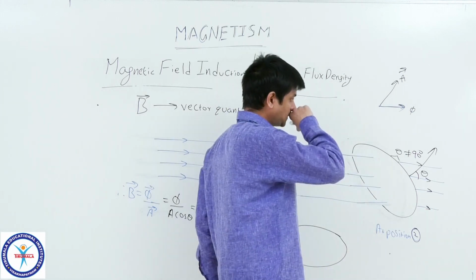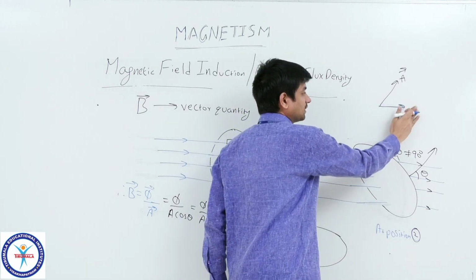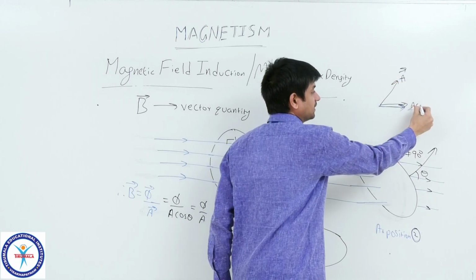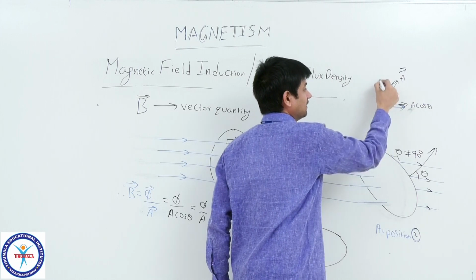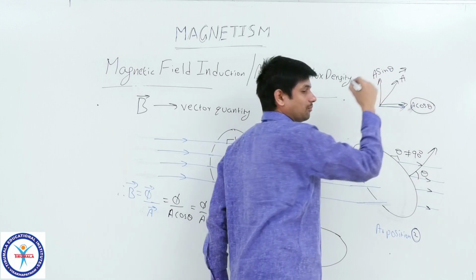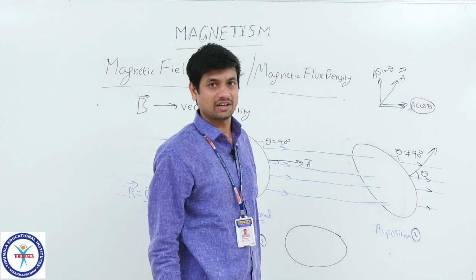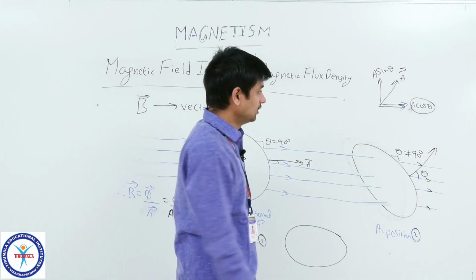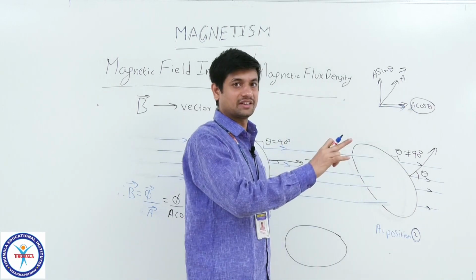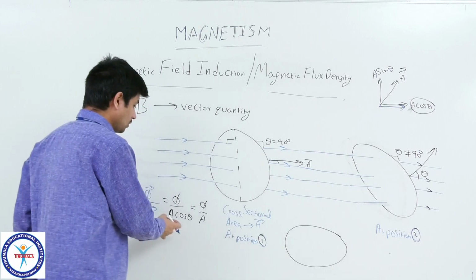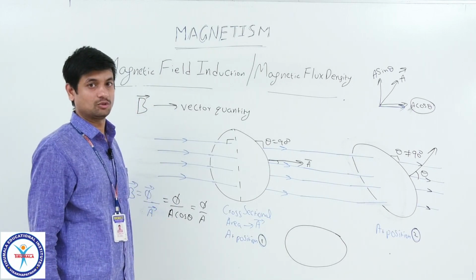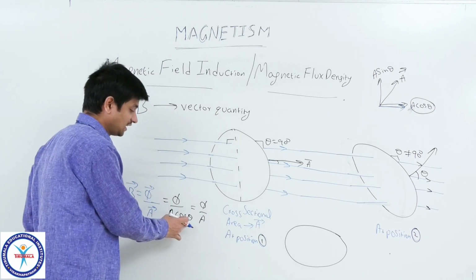Okay. So what happens now? Look at this. This area can be resolved as this side a cos theta and this side a sin theta. Now this parallel component I will consider here, to see how much angle it is making. Based on that angle, I will know how much area is responsible to be magnetized. That's why I am using a cos theta.